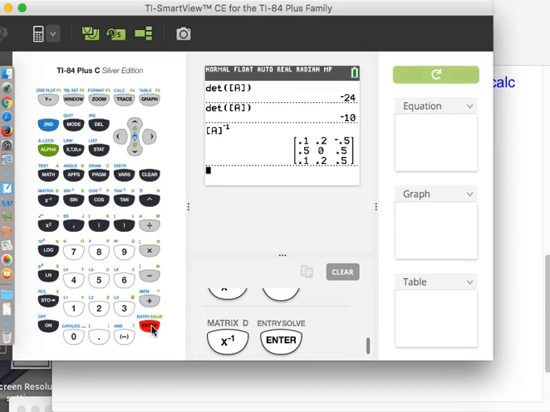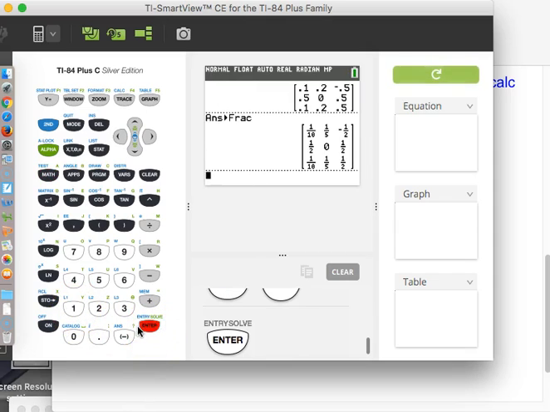Now, if we don't want decimals, because remember, if something doesn't come with decimals, we're not supposed to do that. We could even be super lazy and hit math, number 1, enter. And it'll change it all to fractions for us, so we don't have to do anything to get that inverse. Now, I'm not encouraging laziness, but